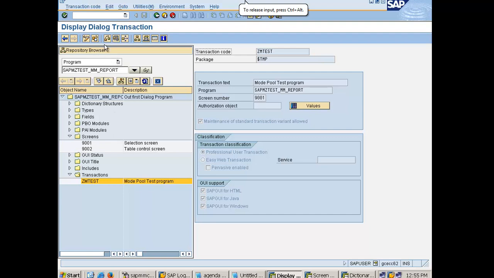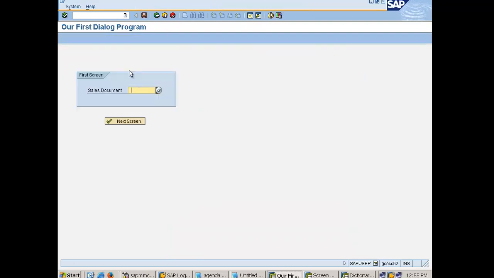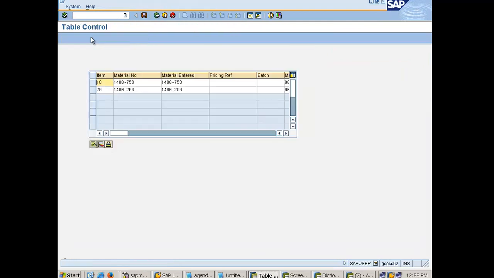So this is our program GM test, and I'm executing the T code now. GM test is the T code, executing it, hit next screen, and if I do an F8 here, you can see that I am on my screen number 9002. You can see a new GUI title here, a new GUI status here, and the line items 10 and 20 appearing in the table control. By default, whatever line items are appearing here, it will make the table control editable. If you want, you can put a loop and make it non-editable,